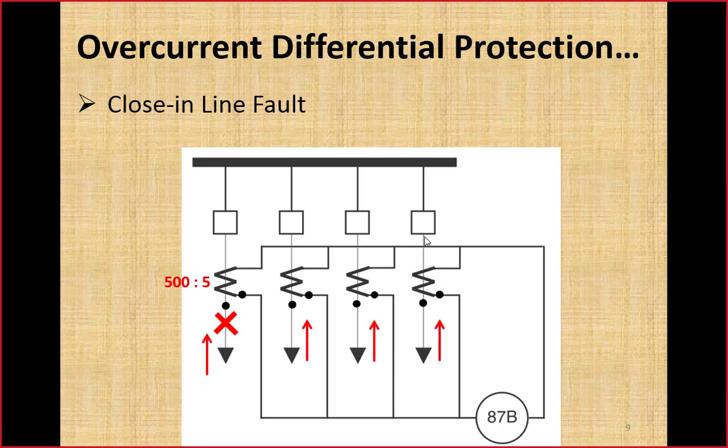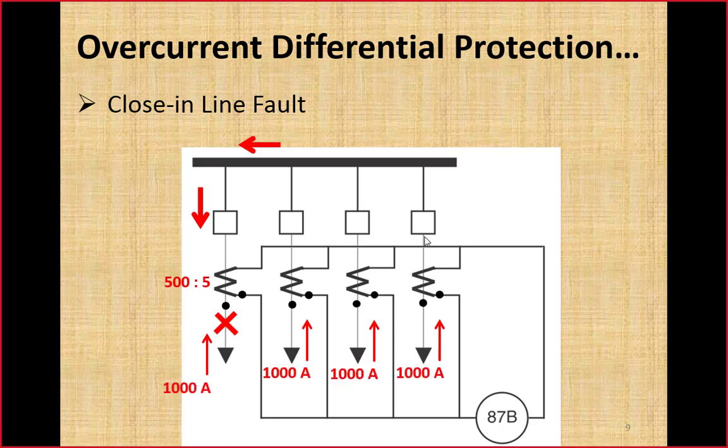So this is the direction of fault current being contributed towards the fault in all four circuits. We can see in the first circuit current is being contributed towards the fault directly, and circuits 2, 3 and 4 are contributing to this fault through the bus. So here this would be the direction of fault current from circuits 2, 3 and 4.